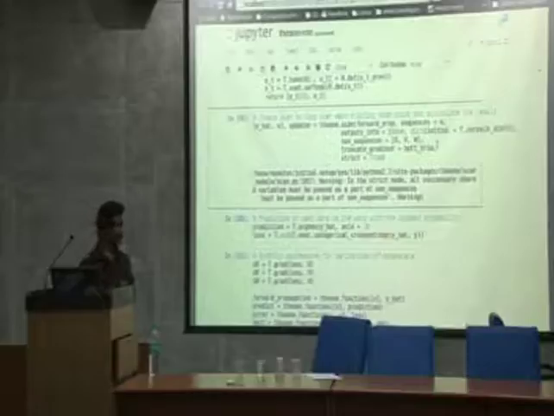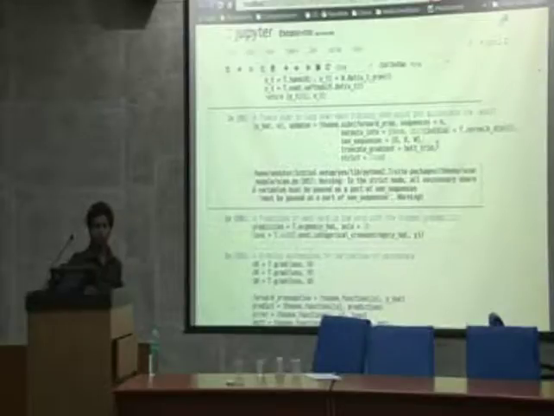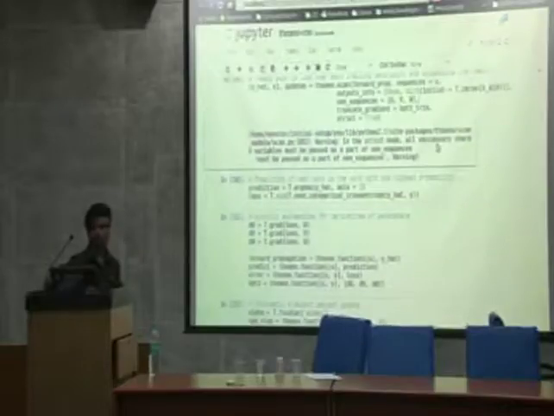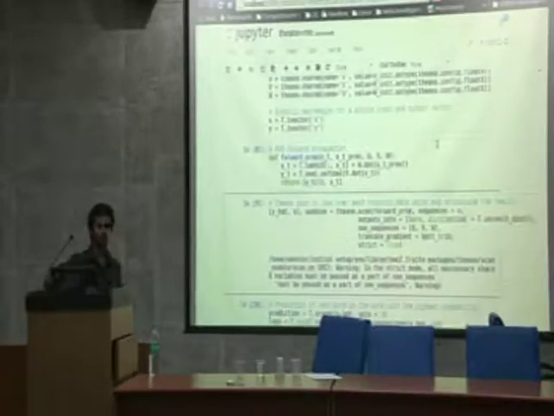Then we have non-sequences. A non-sequence is something which is passed to forward propagation, the function that is given there, as it is without iterating through it. We are only iterating over the sequences, but we are also passing the values of U, V, and W to the forward propagation function. And then comes truncate gradient. Truncate gradient will basically truncate the gradient propagation up to that particular timestamp. Initially we just set it to 5, so it won't propagate the errors beyond the previous 5 states.